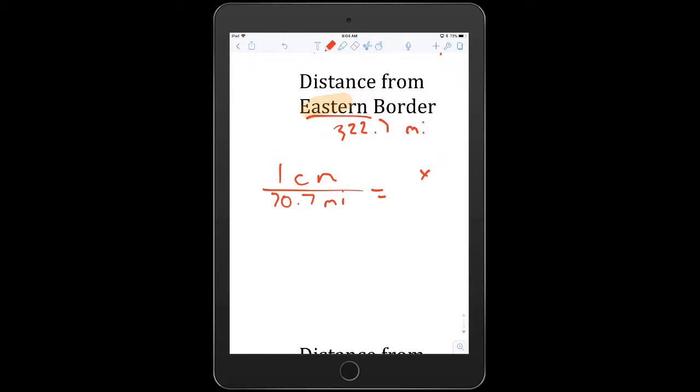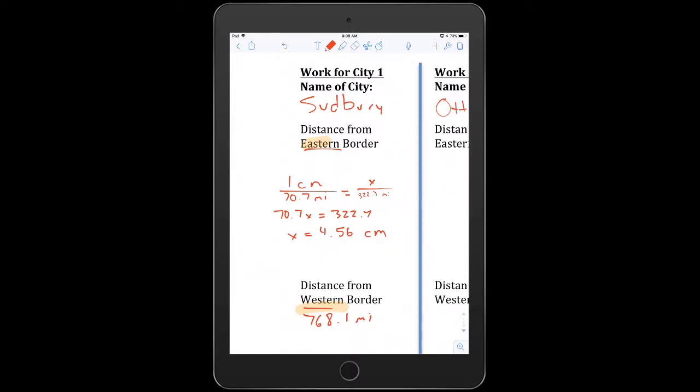I don't know how far it is on my drawing, so I call that X, but I do know from the eastern border it's 322.7 miles in real life. If I cross multiply, I get 70.7x equals 322.7. So on my calculator, if I do 322.7 divided by 70.7, I get 4.56 centimeters. So from my eastern border,